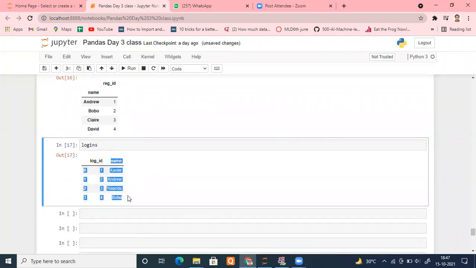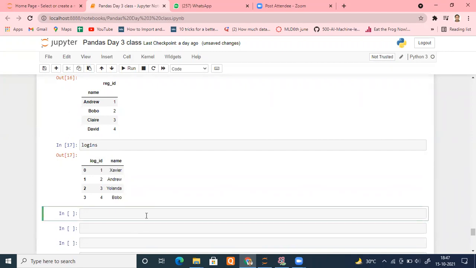Now, how to deal with that scenario? It will happen quite often. So how will we deal with that scenario? Very, very simple. See what we will type. Suppose I am doing inner join only, because we have understood every kind of join now. So I'm typing pd.merge again. My table's name, first of all registrations. Second is logins.